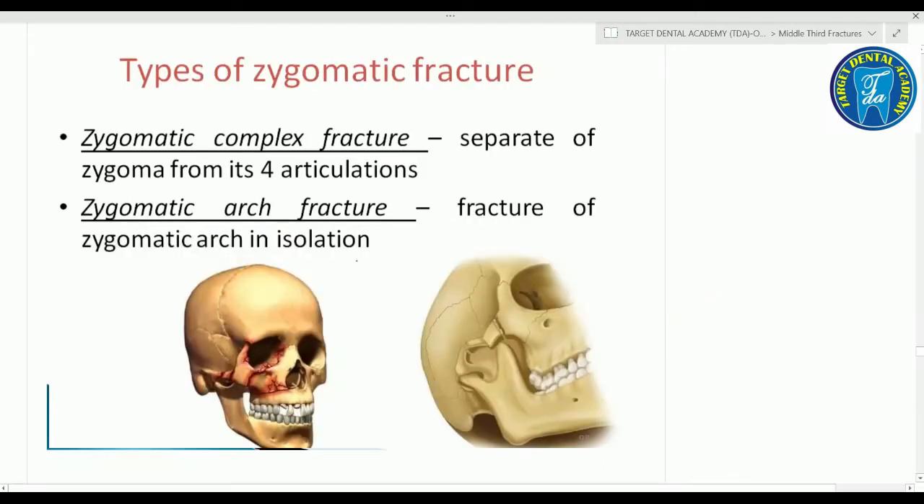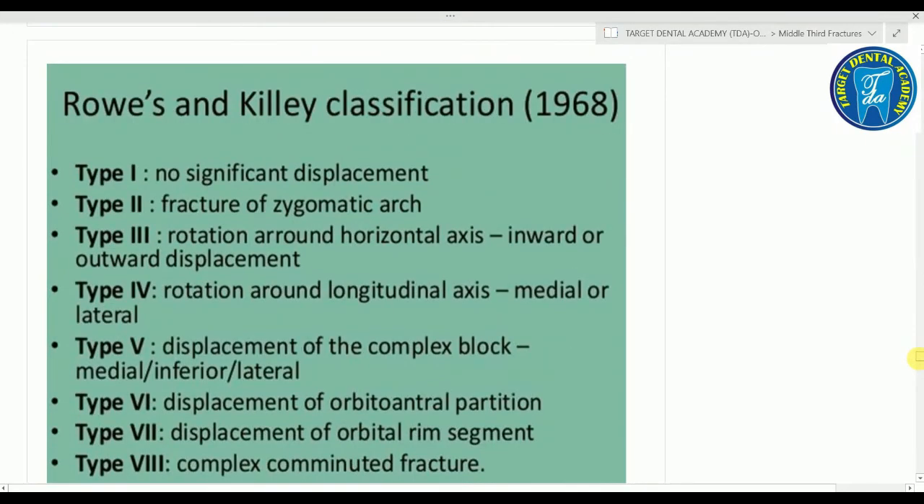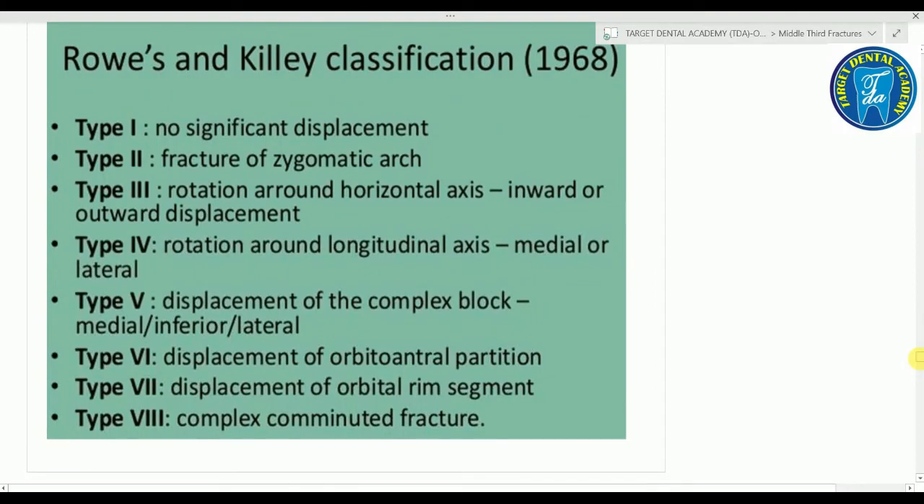Coming on to the zygomatic fractures, there are two types: the zygomatic complex fracture and the zygomatic arch fracture. The zygomatic complex fracture is the separation of the zygoma from its four articulations. The zygomatic arch fracture is the fracture of the zygomatic arch in isolation. According to Rowe and Killey's classification, which was given in 1968, we have 8 types of